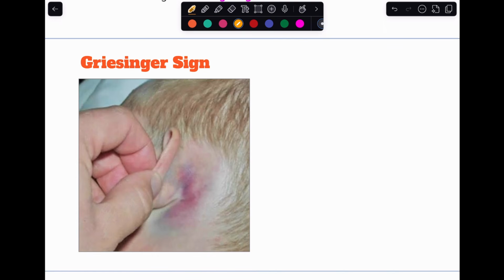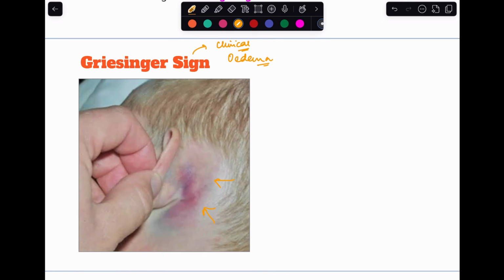Now, Griesinger sign is also a sign that we see in lateral sinus thrombosis. So, what is Griesinger sign? So, first of all, this is a clinical sign which is elicited during the time of mastoid examination. What we see here is we see that there is an edema of the post-auricular soft tissues. You can see this region over here. This is a post-auricular soft tissue area which is overlying the mastoid process. So Griesinger sign is the edema of the post-auricular soft tissues overlying the mastoid process, and this possibly occurs because